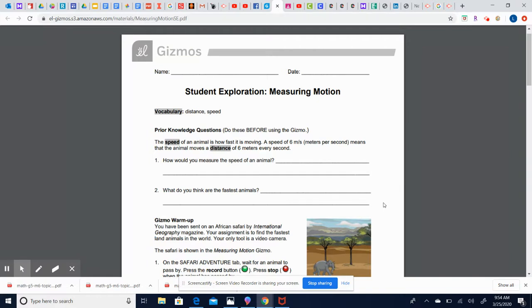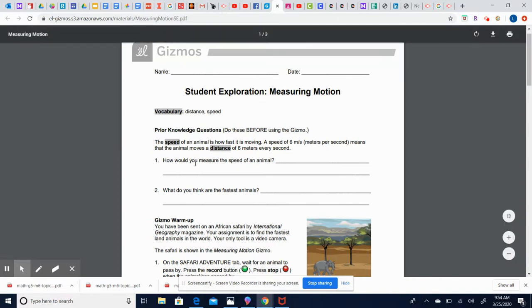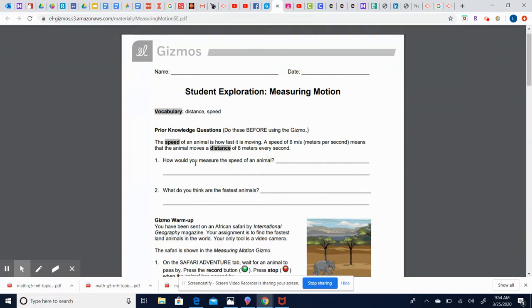So remember, distance means how far something is going, and the speed is distance over time. So the speed of an animal is how fast it is moving. A speed of 6 meters per second means that the animal moves a distance of 6 meters every second. So how would you measure the speed of an animal? You should know that first you'd have to figure out how far they went and then how long it took